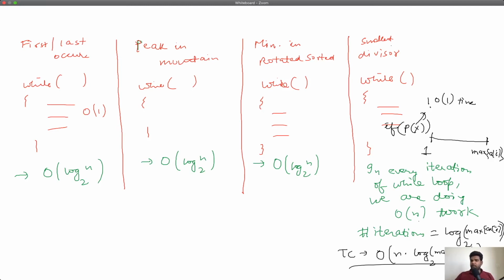And then we started looking at the time complexity of each of the problems. The fourth problem that we did was a little tricky, because in the while loop we were no longer doing order 1 operations. The predicate computation was taking order n time because we were going through the array. So the complexity becomes n, because in one iteration you are doing n work. So in log of max array I iterations, how much work will you do? N into that. So that's why the time complexity became n into log of the size of the search space. What is the size of the search space? Our search space was from 1 to max of array I. So it is log of max of array I. Whatever is the largest number in the array, the logarithm of that into the size of the array is the time complexity of this question.